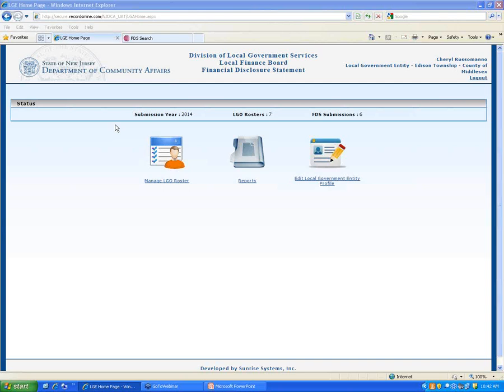But number two, and perhaps the better argument to make, would be this. If you fill out Mayor so-and-so's FDS, and let's say Mayor so-and-so forgets to give you certain key information that should be on that form, like the beach house in Long Beach Island, so you don't have that information, and you're filling out this form, and let's say there's an ethics complaint against the mayor down the road. What do you think your mayor is going to say as part of the defense to the Local Finance Board? I didn't fill out my FDS, the clerk did. You need to be really cautious about that kind of stuff.